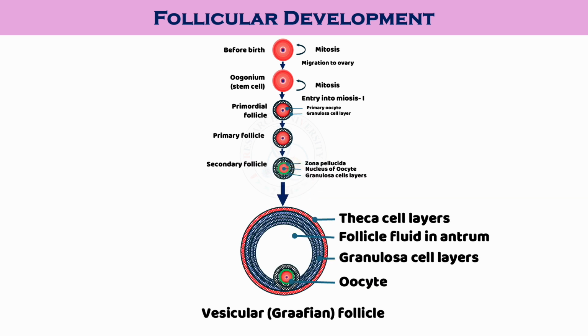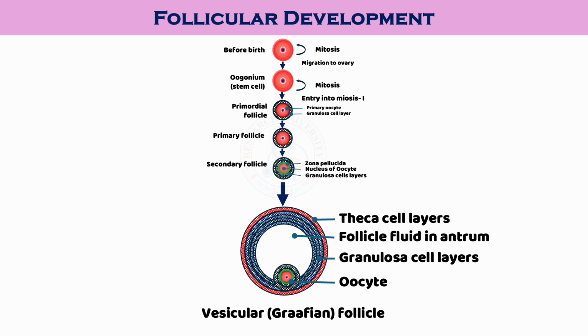Now secondary follicles undergo differentiation into the vesicular follicles. The vesicular follicles, or the Graafian follicles, signify the ultimate and fully mature stage of follicular development preceding ovulation. These vesicular follicles contain the theca layer, also called the theca cell layer, the follicular fluid antrum, the granulosa cell layer, and the oocyte with